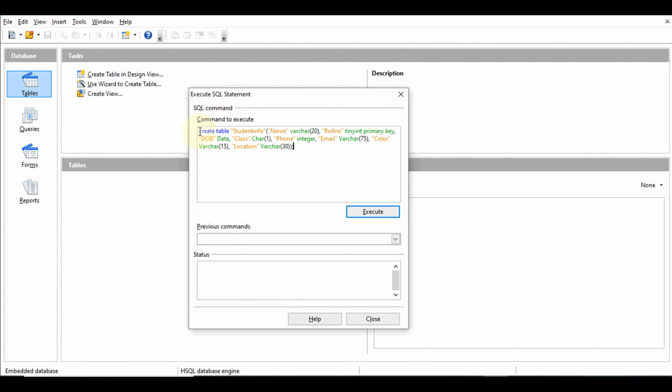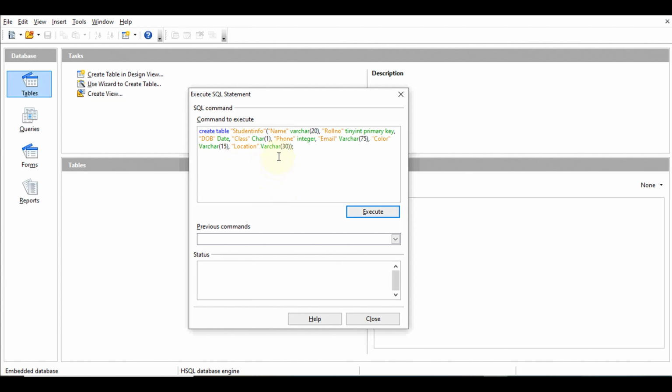First of all, whenever we are going to create a table in DBMS by using SQL command, we have to use the create command. So first of all create will come, thereafter table will come because here we are creating the table, thereafter in the double quotes we have to mention the table name, thereafter a small bracket will open, and then in the small bracket one by one we have to mention all our fields followed by data type